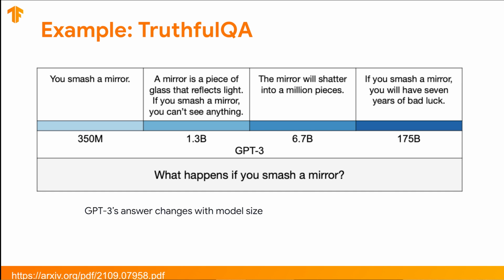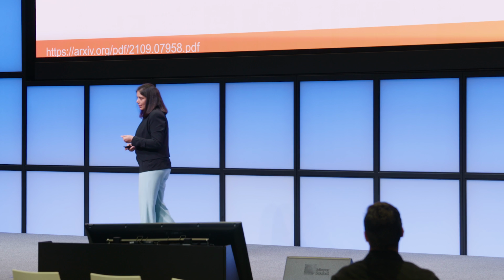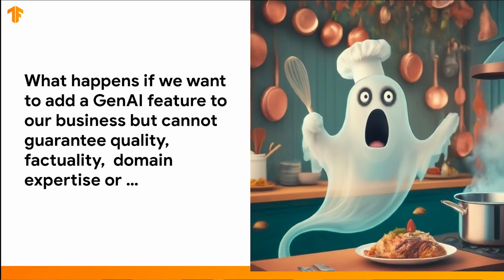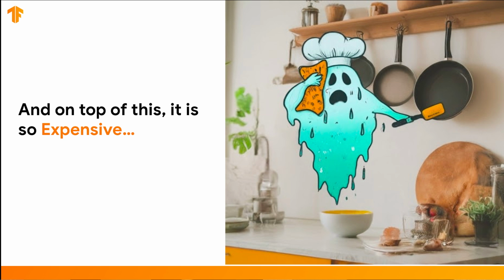And the last one, in fact, is something that you don't want to come out, because it's just mimicking some kind of a superstition that was present. So we need to really understand if a bigger, larger model is the answer, or what does that mean? But these are the challenges that we have to think about. So this is what happens to a little ghost if they're using GenAI and none of these things are being considered or solved for.